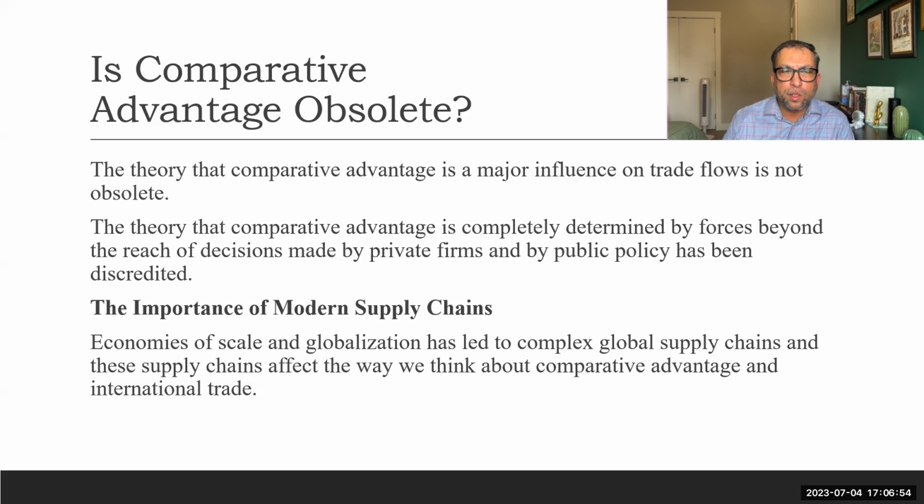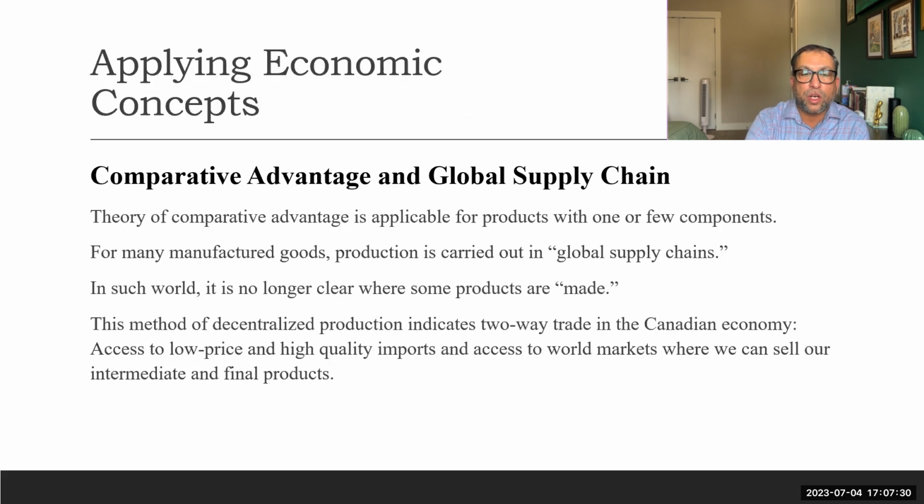So economists raise the question that comparative advantage has faded out. The theory of comparative advantage is faded out or obsolete. Comparative advantage completely determined by forces beyond the reach of a decision made by private firms and by the public has been discredited. The importance of modern supply chains, economies of scale, and globalization has led to complex global supply chains, and these supply chains affect the way we think about comparative advantage and international trade. So, comparative advantage and the global supply chain, or complex international trade,